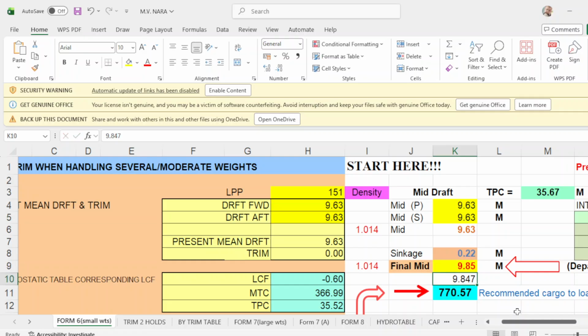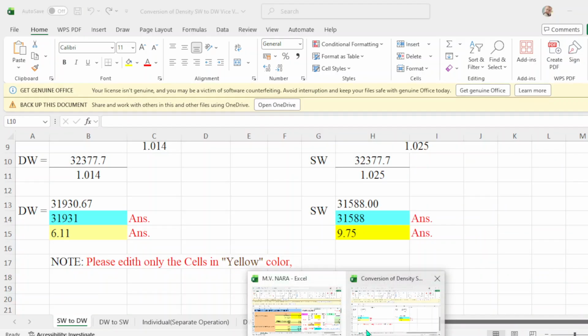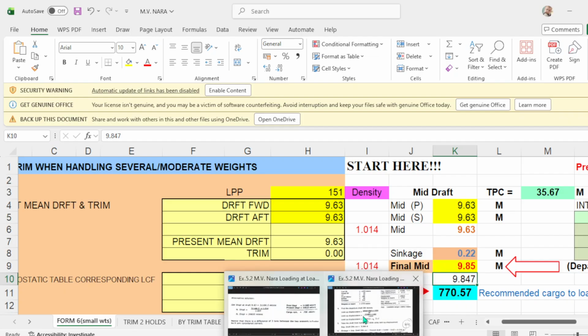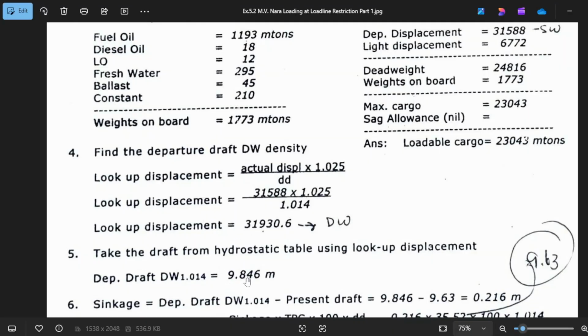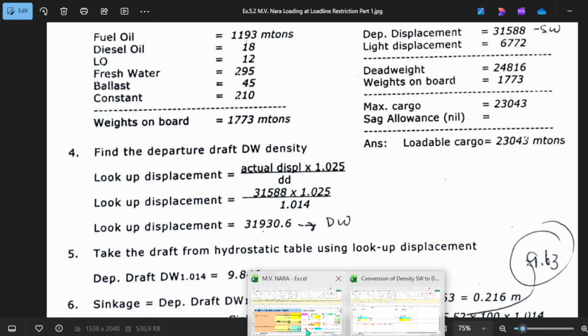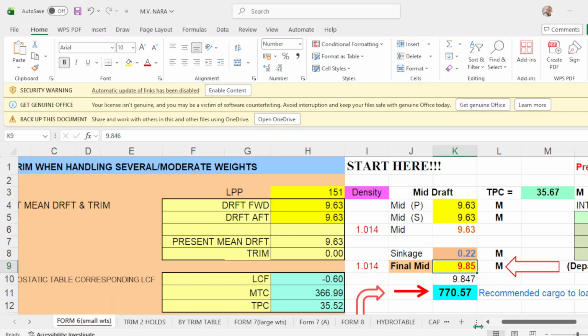9.846. Okay. But in actual drop practice, we don't put 9.846. So we round it up. So we put 9.8485. So that will be 9.85. So what we do, you put here 9.85. Okay. And this will be his recommended cargo to load will be